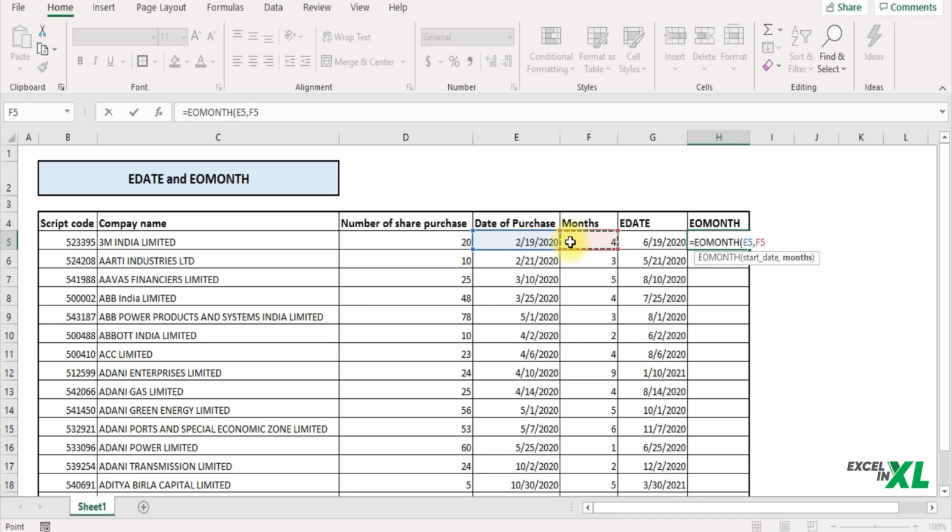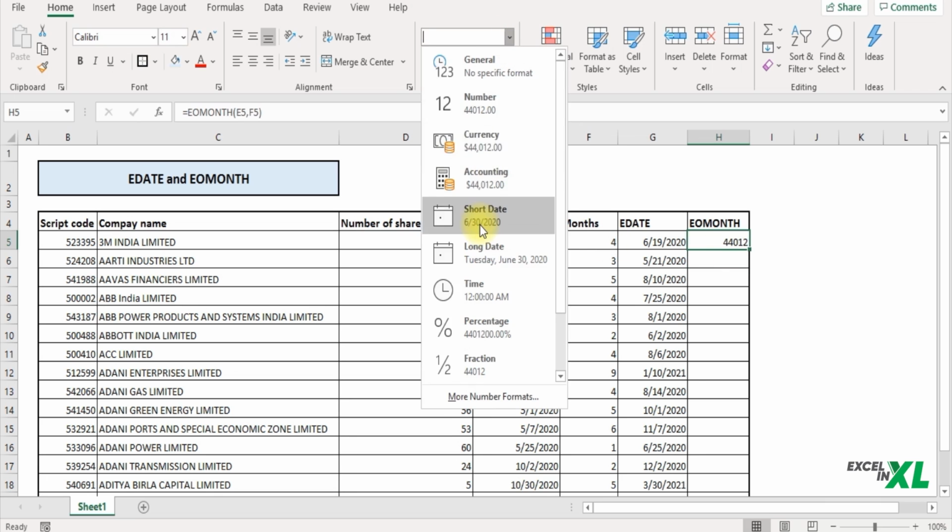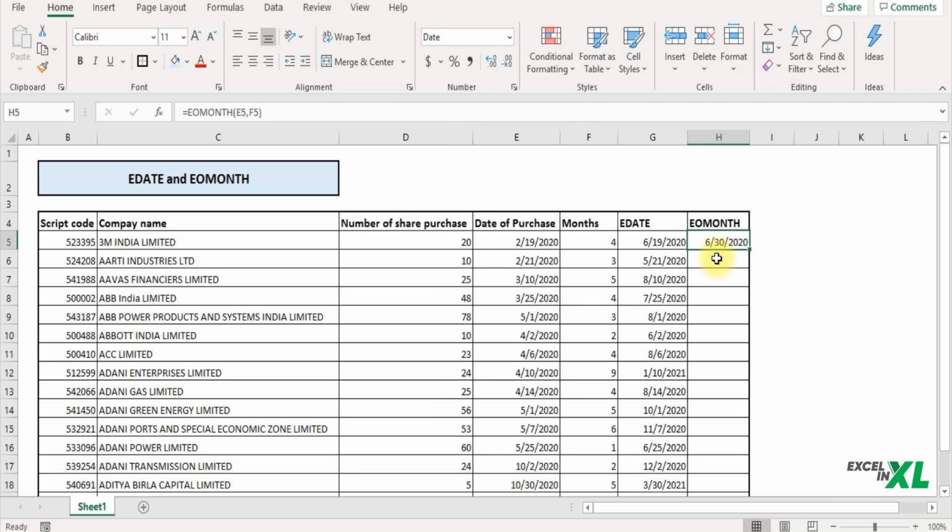So I select the 4th month end date, close the parentheses, press enter. So let me change the format. You can see it has returned 30th June 2020. So after 4 months, that is by landing on 19th June, the end date is 30th June.